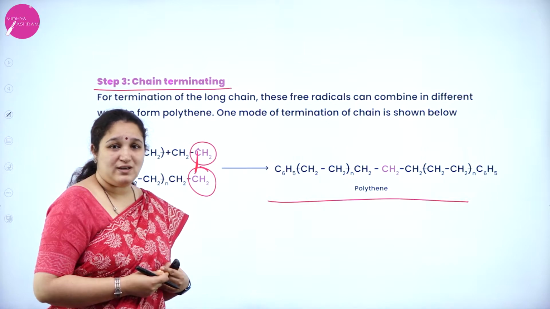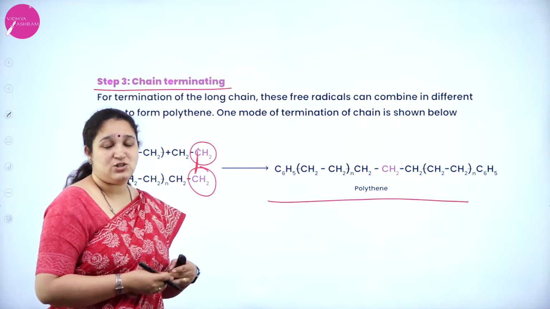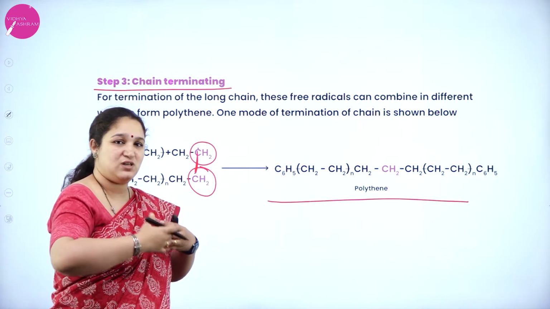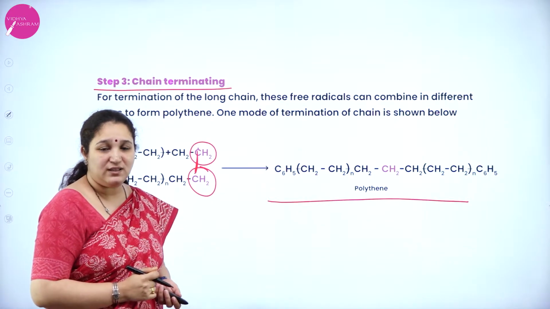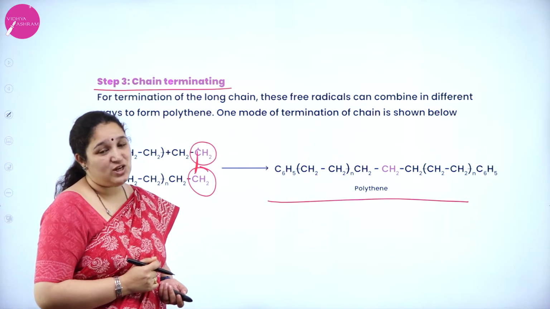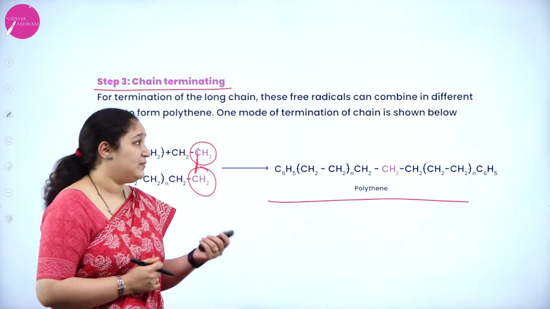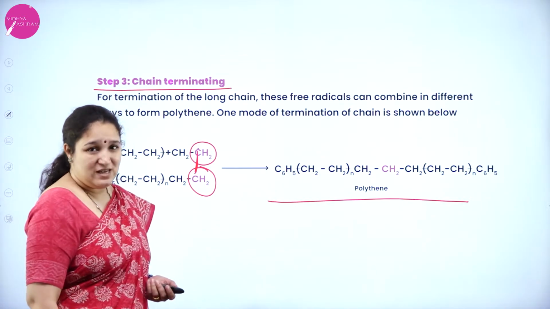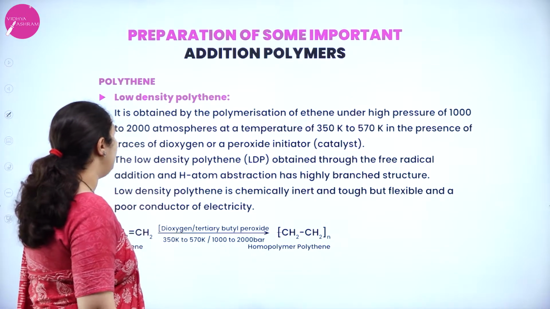That's why we also call it chain growth polymerization, because there is a growth of chain which is continuously happening, isn't it? That's the reason it's also called chain growth polymerization. Okay. So, we'll see some of the examples of addition polymers. First one is